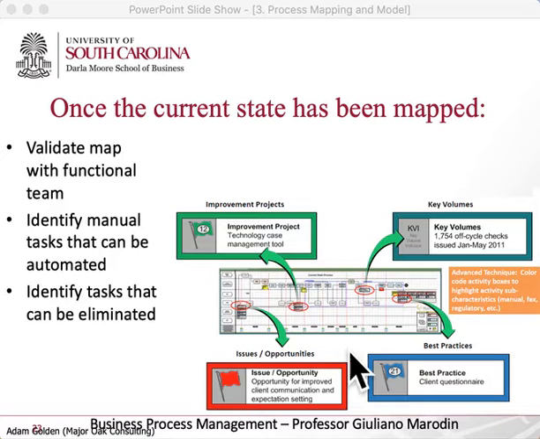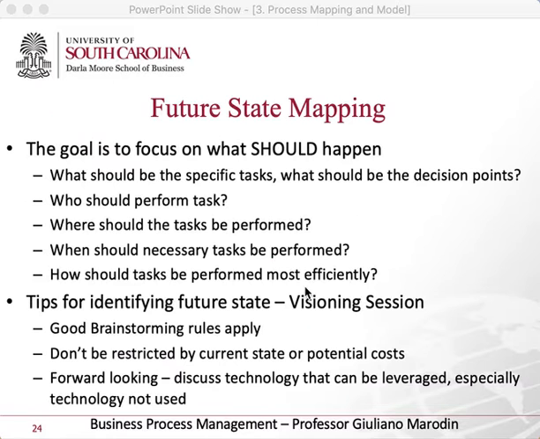There are usually a lot of improvements that you realize when you understand what's going on, right? So thinking about the future state, the goal is not to think about what should be done, but what is being done now, and how can we improve that task, who can perform it, how can I improve the performance, and write down the ideas, right? So we have the parking lot for ideas, put them there and start questioning while you're doing the process map.